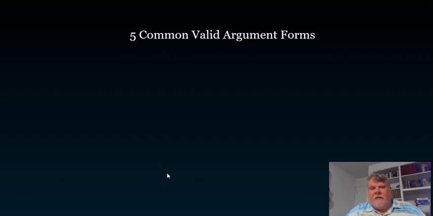There are five very common valid argument types, valid argument forms, that I would like for you to know for this class. I'd like you to know them, to be able to identify them, perhaps even to make your own argument in that form. You will see this discussion beginning on page 133 in our green textbook, the Morrow and Weston. And I would like for you to spend some time with these five on page 134, modus ponens and